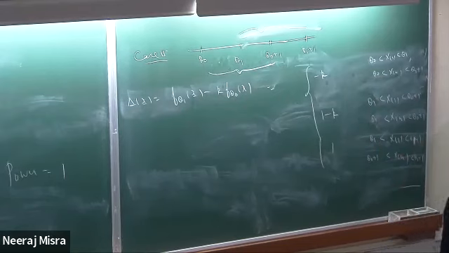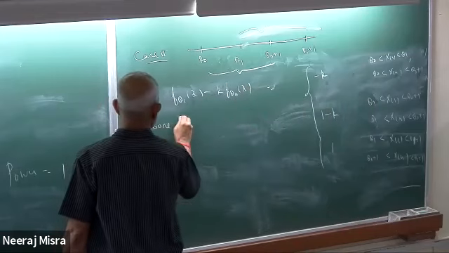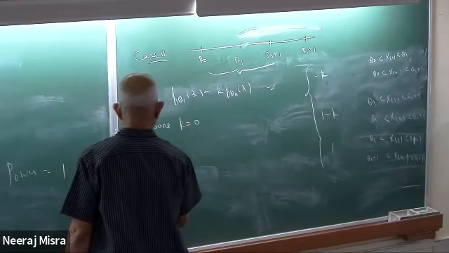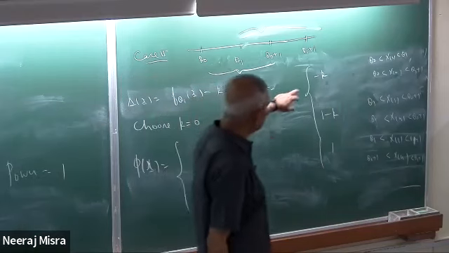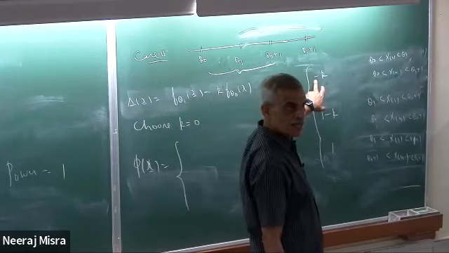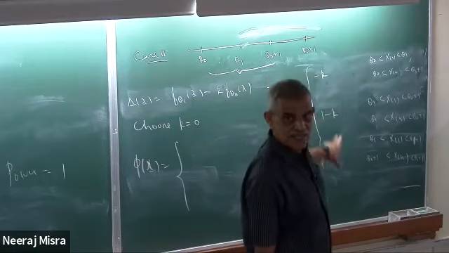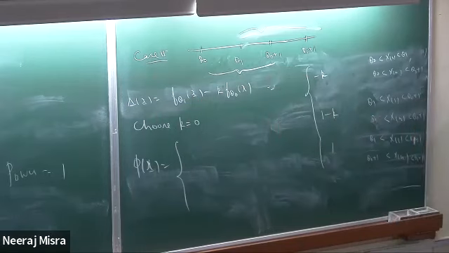What is the test you get? k is equal to 0, that means this is 0. Here I can take gamma, and in the rest of the places I take 1, right? So it is gamma